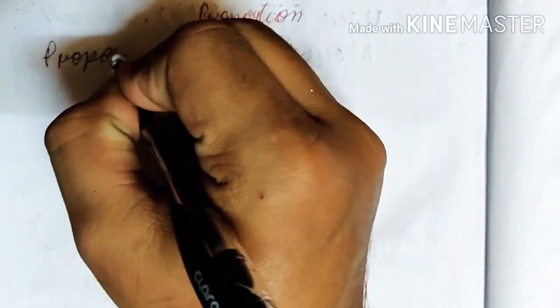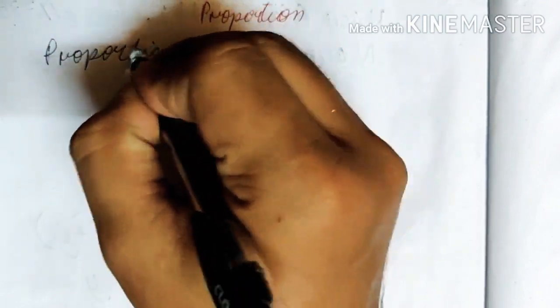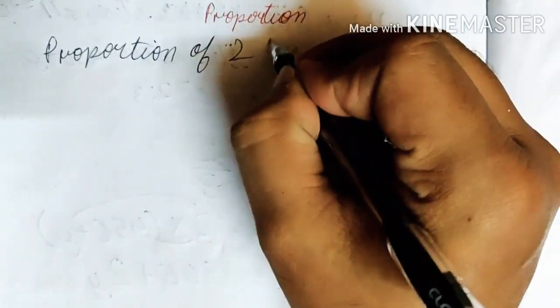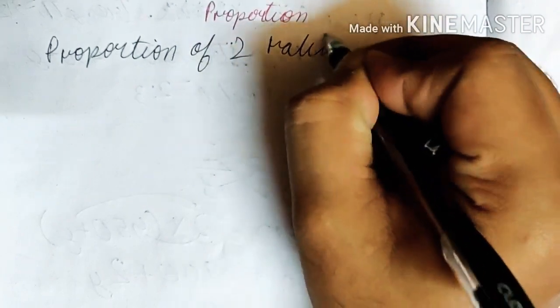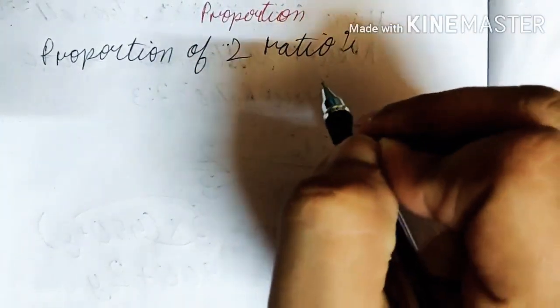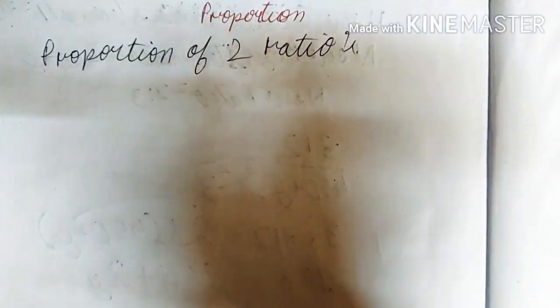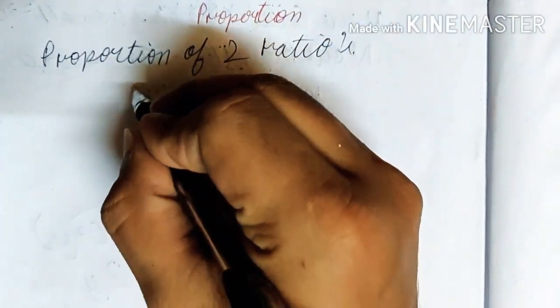Proportion means comparison of two ratios. What does this mean? We have to compare the two ratios, whether or not they are equal. Like if we say